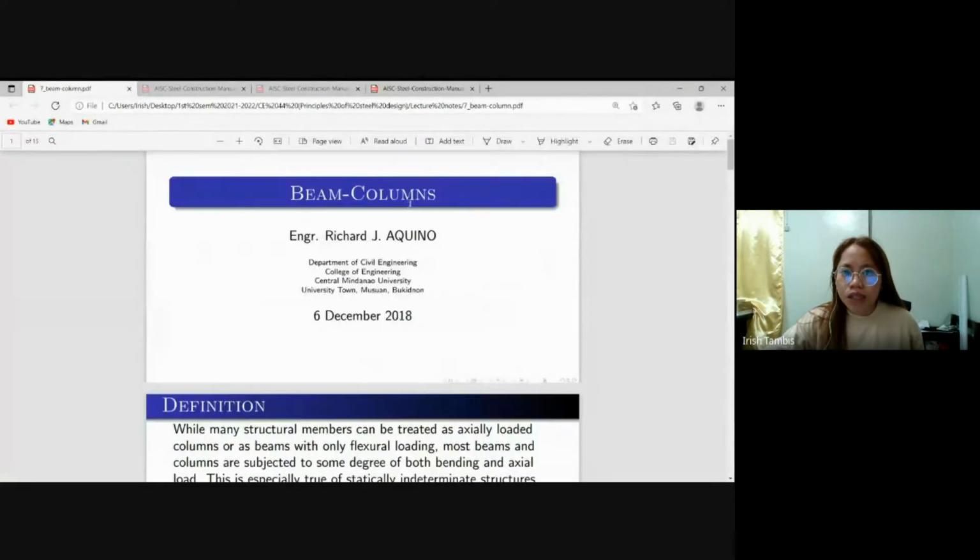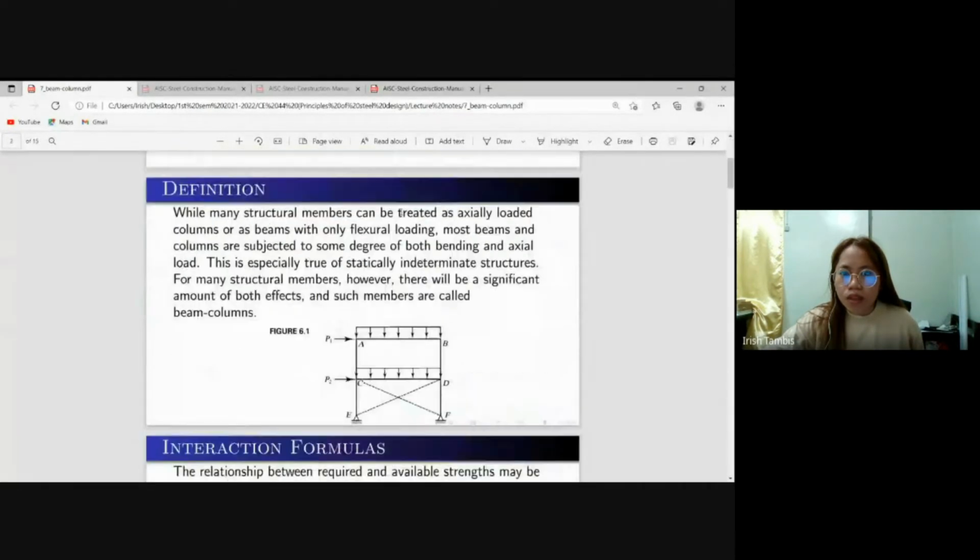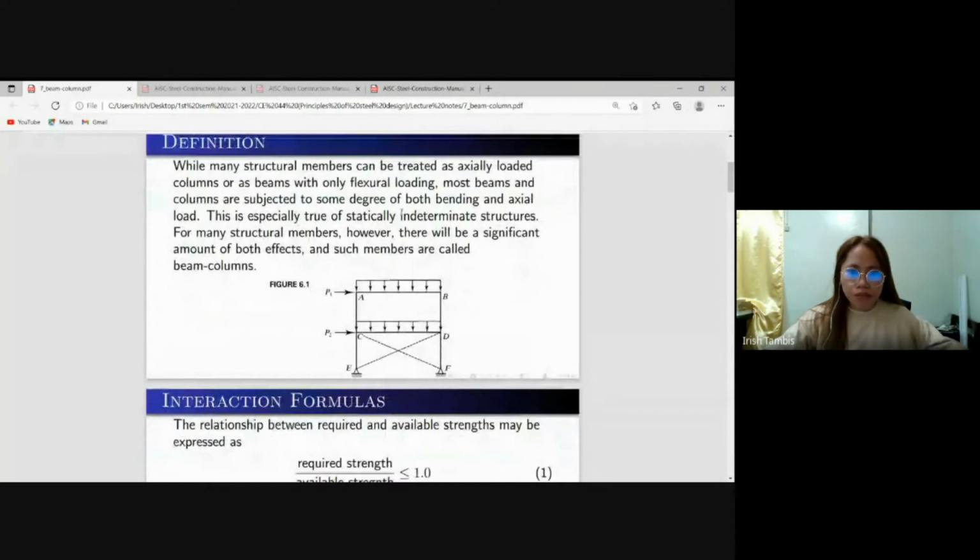Now, from the topic itself, beam columns, for example, in this figure, this is especially true of statically indeterminate structures. So, the beams and also the columns were subjected to both axial loading and flexural loading. For many structural members, however, there will be a significant amount of both effects, and such members are called